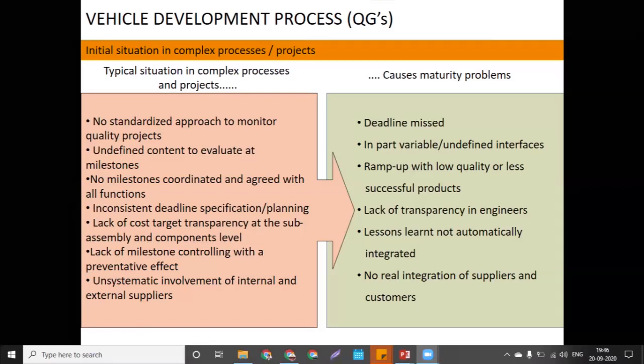This kind of document you have to prepare, actually: root cause analysis, RCA. So that has to be integrated. This kind of documentation will not be done if you're not going with the quality gates.